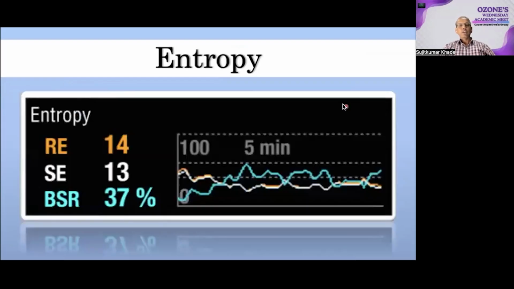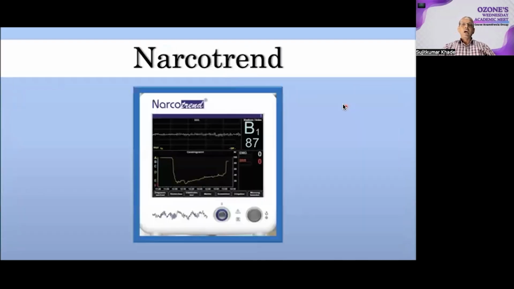The state entropy represents the hypnotic level of the patient and reflects the degree of unconsciousness induced by anesthetic drugs, while response entropy reflects the response to noxious stimuli, including upper facial electromyography. The Narcotrend is an EEG monitor designed to measure the depth of anesthesia and sedation during surgical procedures as well as in the intensive care unit. It works by automatically classifying the EEG signals to determine the patient's level of hypnosis.